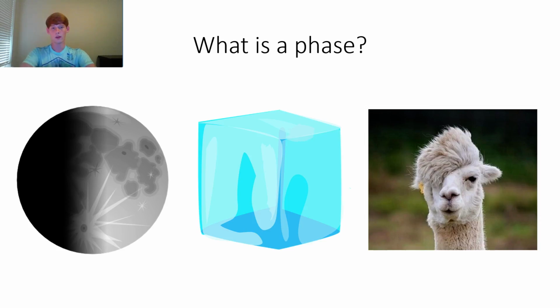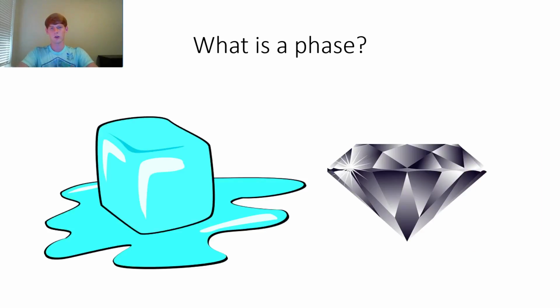So, what is a phase? A phase is a homogeneous portion of a system that has uniform physical and chemical characteristics. So what does that mean exactly? Water and ice both have the same chemical formula, but they have distinct physical characteristics, so they're two different phases. Another example would be